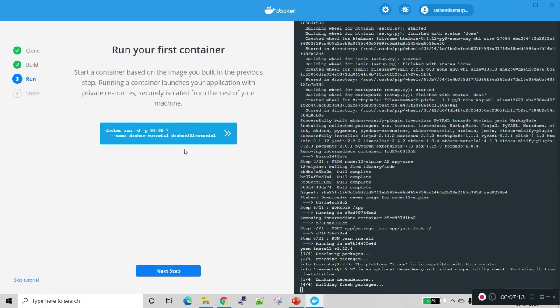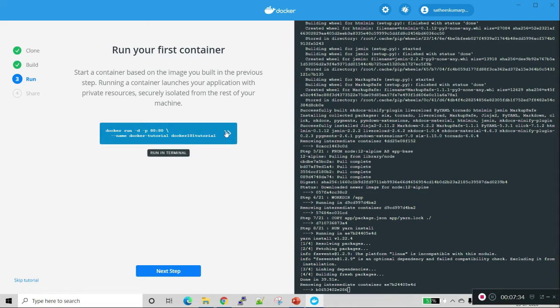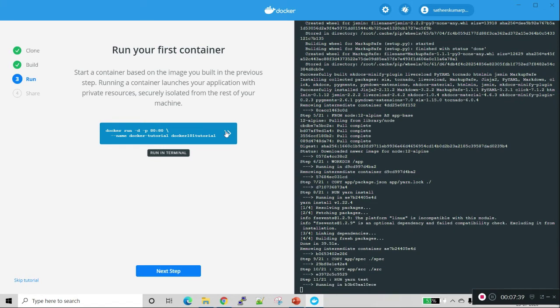We can skip this actually, but this is to ensure our Docker is successfully installed on our desktop. So better we run the steps suggested by Docker.